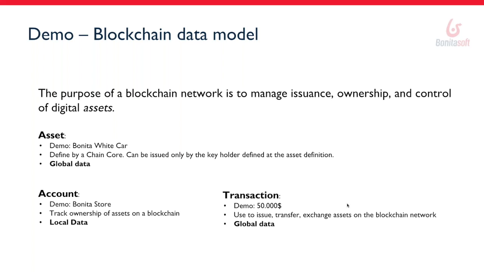In our case, we will represent the different car models that we have, and we will also represent the currency that the customer can use to buy cars. This asset is viewed as global data, which means that everybody on the network has knowledge about this asset, but only the core who holds the private key linked to that asset can issue new assets in the blockchain